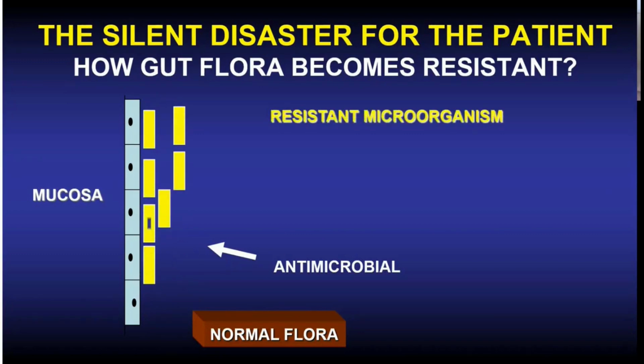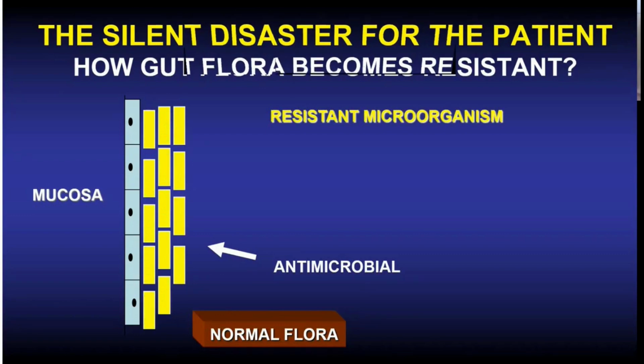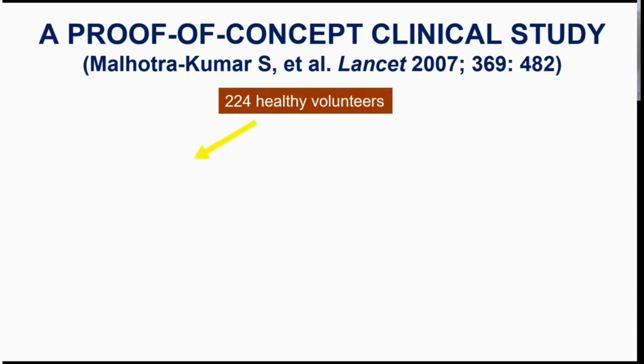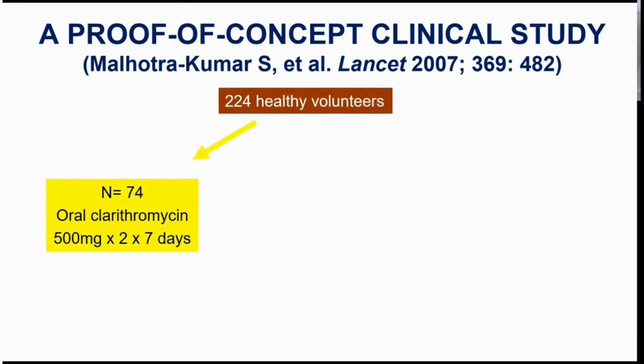They start to replicate, and then the flora is changing to resistant. However, someone may say, give us a proof of this. And there is proof. There is a randomized clinical trial, but those who were enrolled in this trial were not patients, they were healthy volunteers, and they were randomized into treatment with oral clarithromycin, a macrolide antibiotic, 2 times